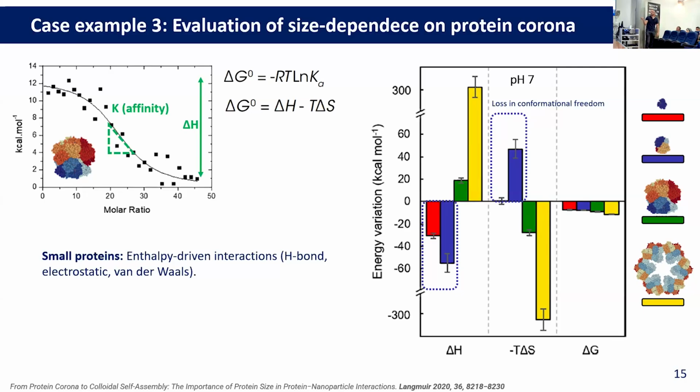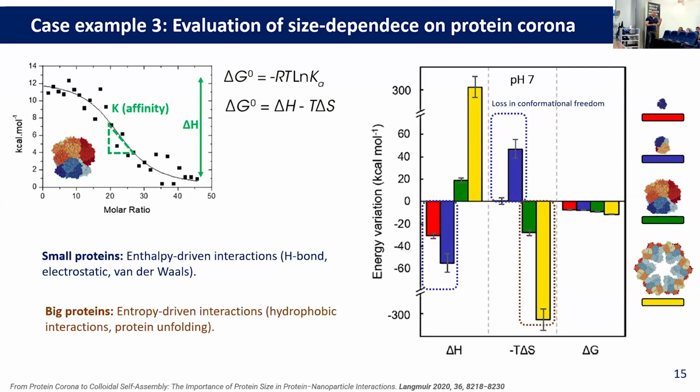But however, for the big proteins, there is less electrostatic or van der Waals interaction between the silicon nanoparticles and the proteins. So it means that probably the binding between the two was due to the hydrophobic interaction, because when a big molecule attaches to the nanoparticle, a lot of water is released. That's probably why they were binding, even if there was some negative contribution from the enthalpy due to the conformational changes that the molecule has to undergo, and they have to break some intraprotein interactions in order to be able to bind with the nanoparticle.